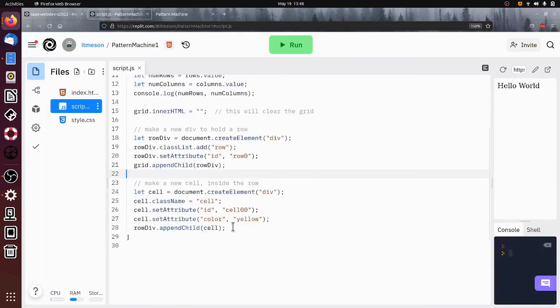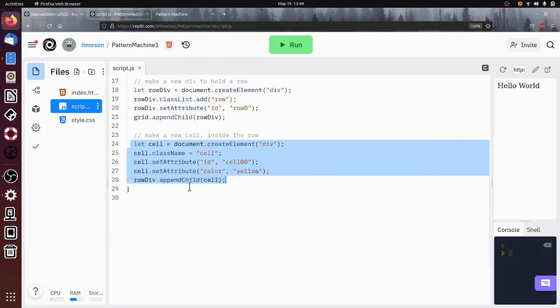There. So this make new div to hold a row gives me a row, but there's supposed to be more than one cell that goes there. And basically I want to repeat this same sequence of steps a bunch of times. I want to make a cell, I want to give it a class name, I want to append it onto the row. I just want to keep doing that over and over again. So let's